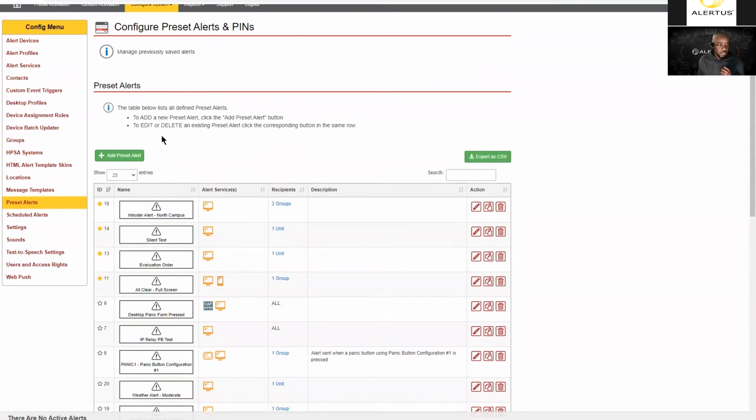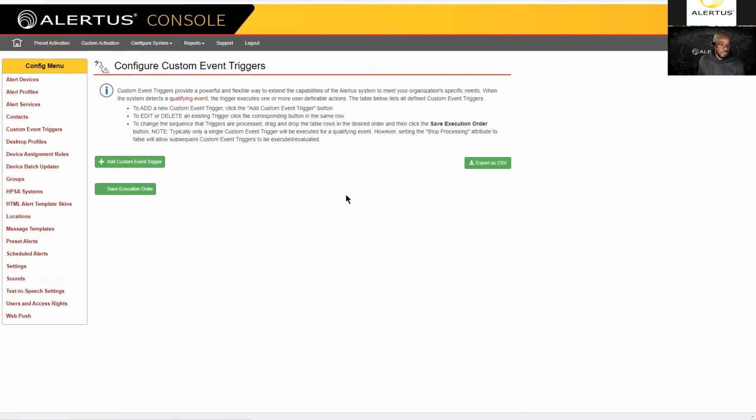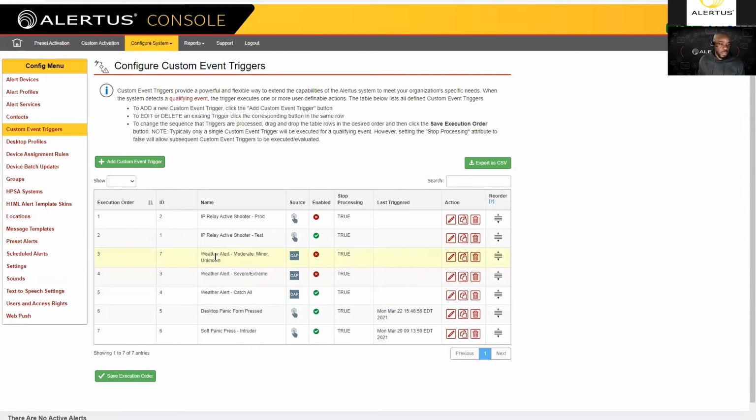So let's put some logic in that says what to do depending on my condition. So let's go to custom event triggers. And I already have some setup. First, I start with a catch-all that simply evaluates everything to true, but ignores my